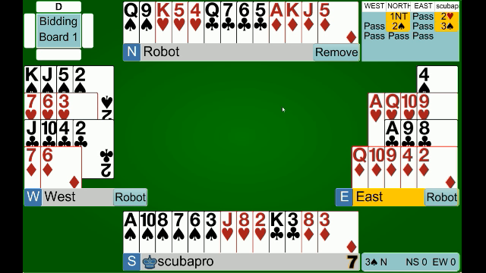Don't get confused here. It has to show 6 cards in the spade suit for this 3 spade bid. If we only had 5, instead of bidding 3 spades, we would bid 2 no trump, which would be invitational to either game. Right? We would be inviting game in no trump or in spades, depending on partner's holding in